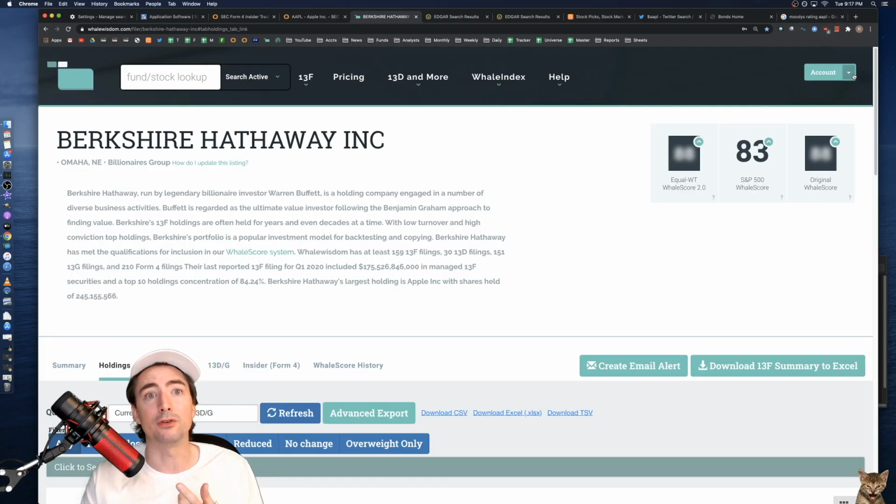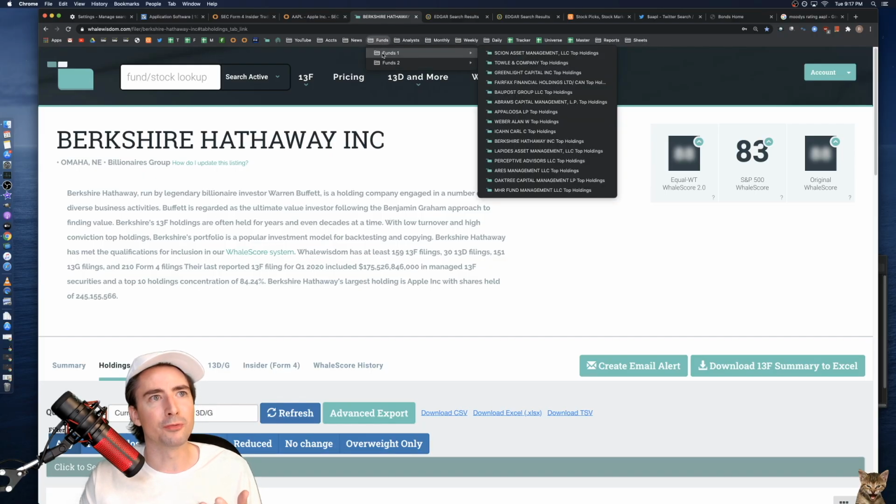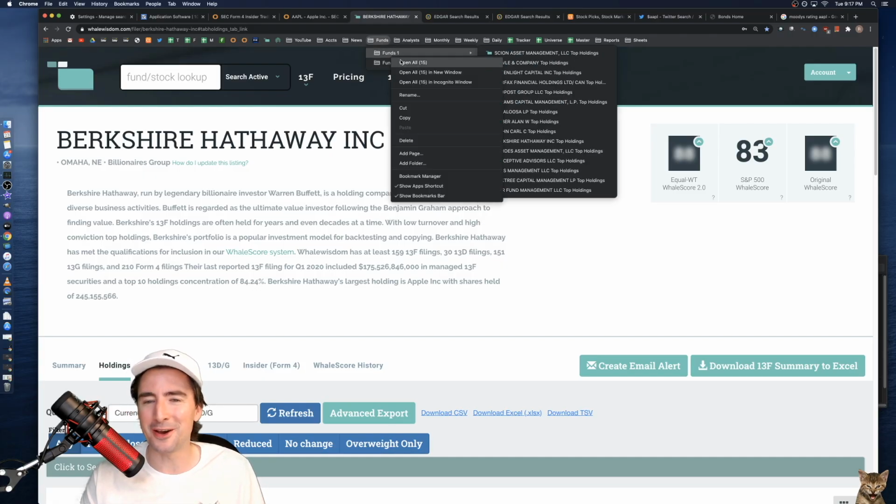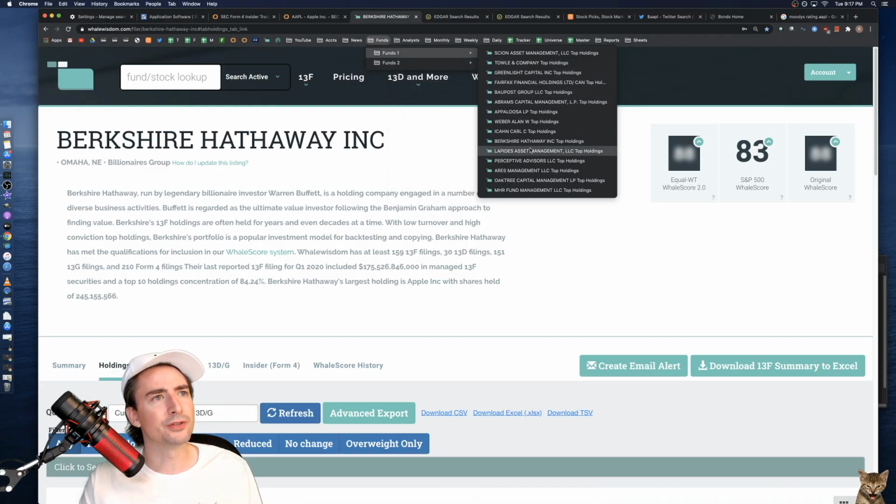And then actually, if you go to profile too, I've bookmarked all these things. So at quarter end, if you see the top of my browser here, I go to funds. I grouped a lot of the funds that I check out, funds 1 and funds 2, and I can right click and open up all these fund holdings in a new window. Some of the firms here that you'll see, like Scion, Burry, right? I have a lot of overlap with Burry,